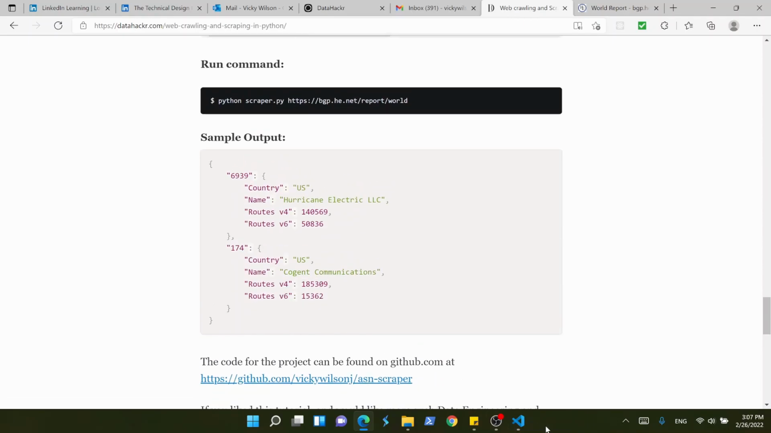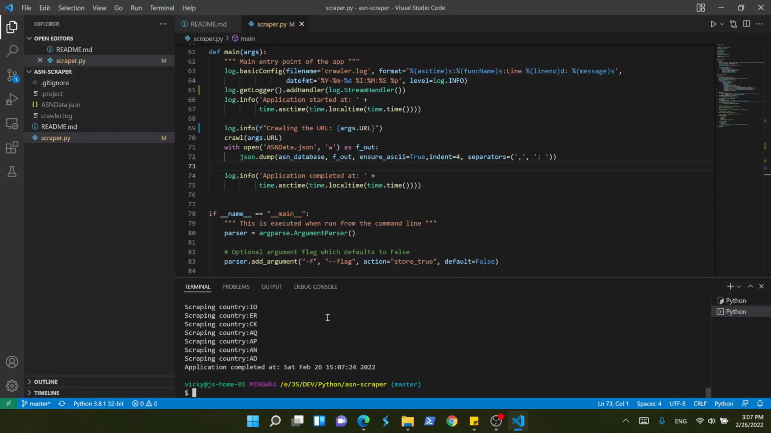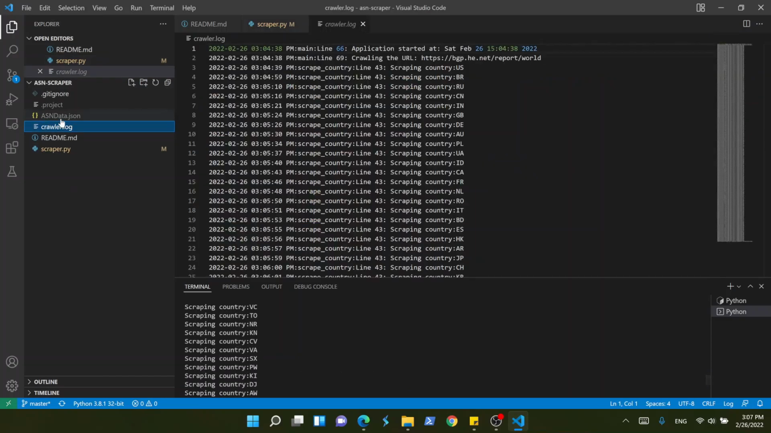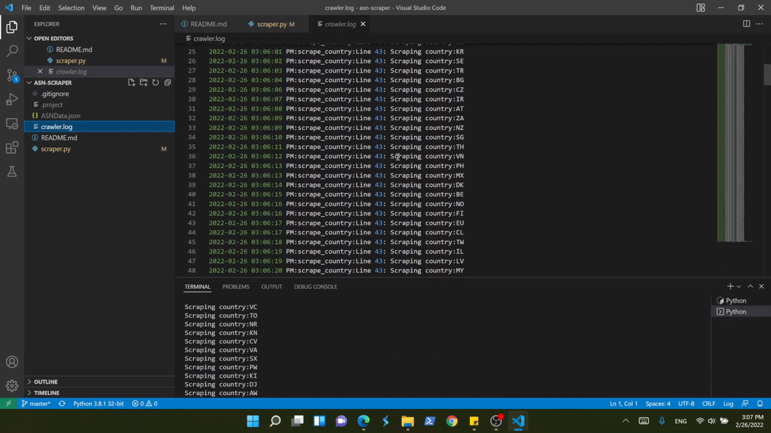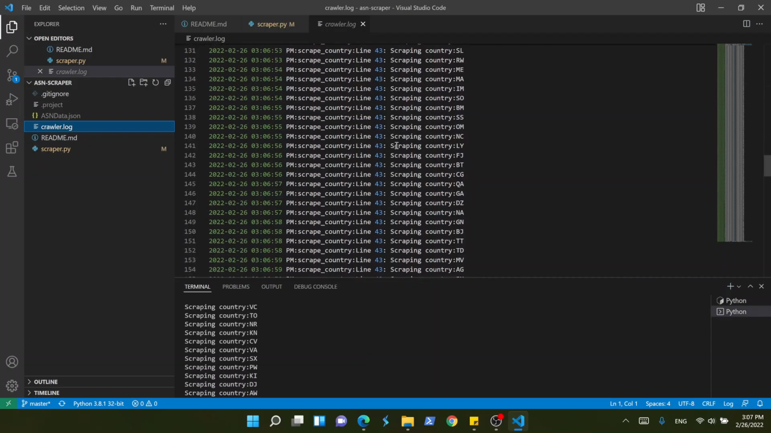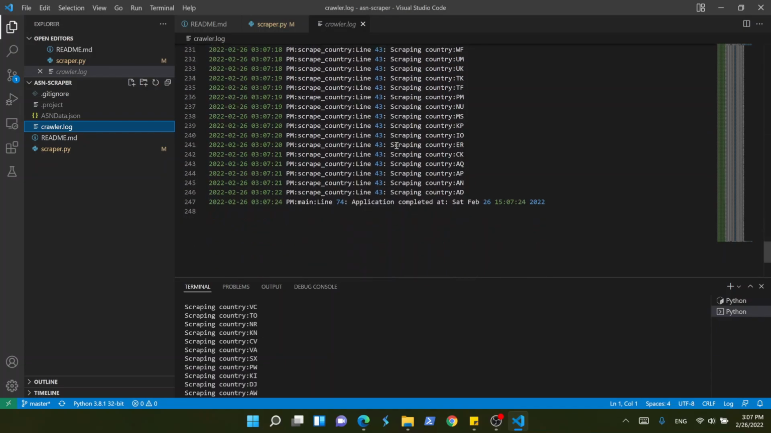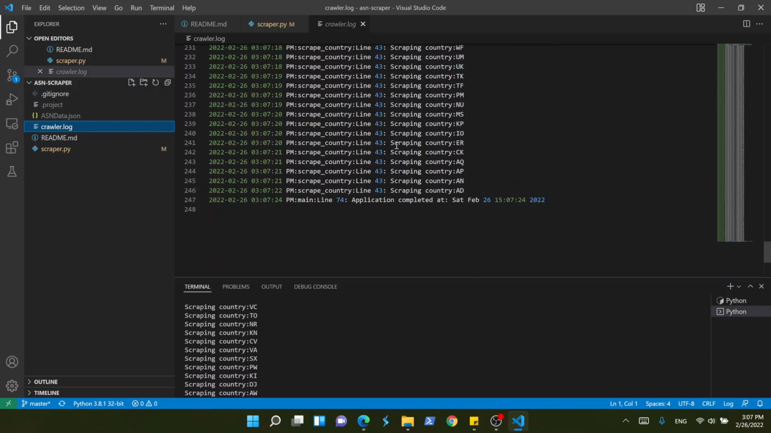Let's go back to the output and see how the output looks. So the application completed successfully. It scraped all the countries. You can find the log information in the crawl.log file under the same project. So it extracted all these country data and stored it in the JSON file. So in the same folder, it's called